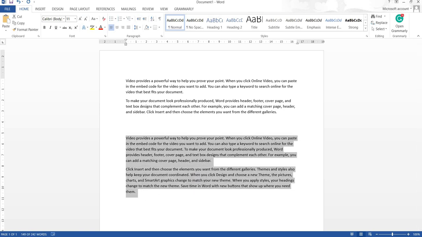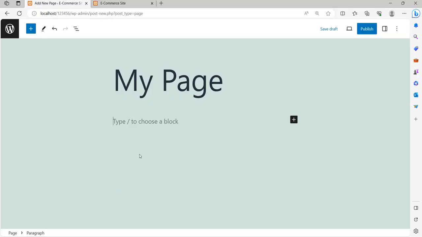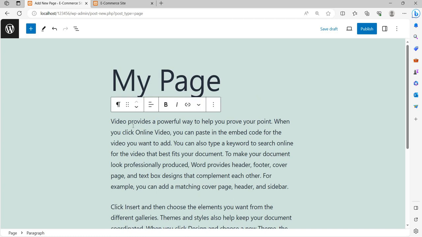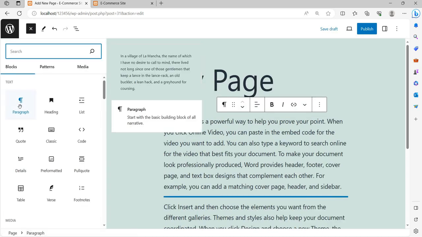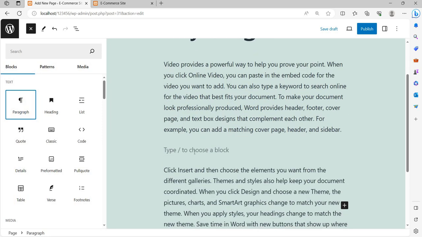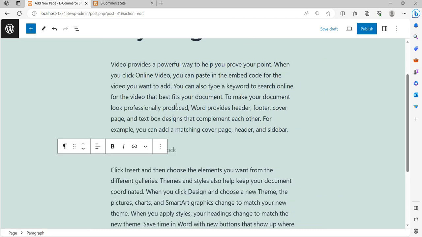Copy paste, Control C and Control V. For example, you are in this paragraph. When you click this paragraph, or you can click this plus sign, paragraph is there. When you click on this paragraph, it will give a space to write another paragraph after the existing paragraph where you are. Suppose your cursor is in this paragraph. When you click on the paragraph tab, then it will give you a space to insert a new paragraph